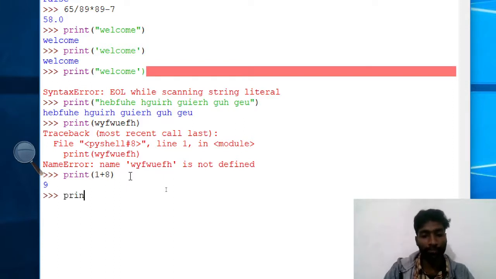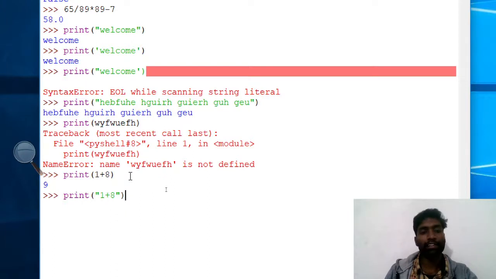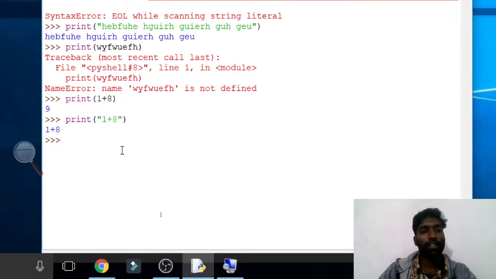Now print, 1 plus 8 in quotes, enter. Now see, as I already told you, inside the double or single quotes, whatever we write, the computer will never read, it will display directly in output. Here there is no double quote, so the computer read 1 plus 8 equal to 9. Inside the quotes, whatever we write will display directly in output.